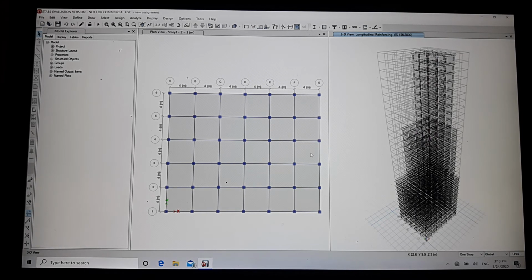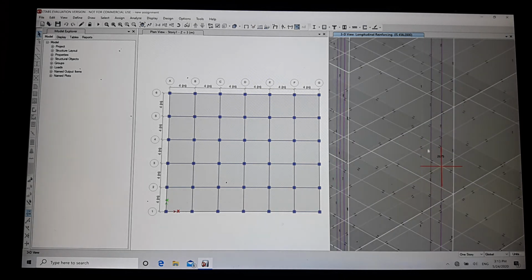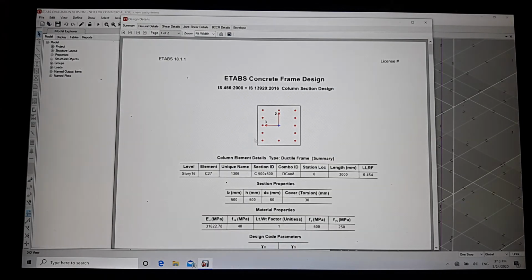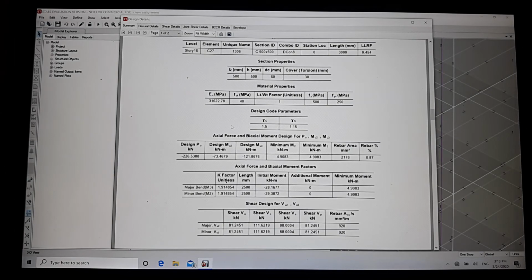So our design check is now completed. You can see here details of the member is available now.